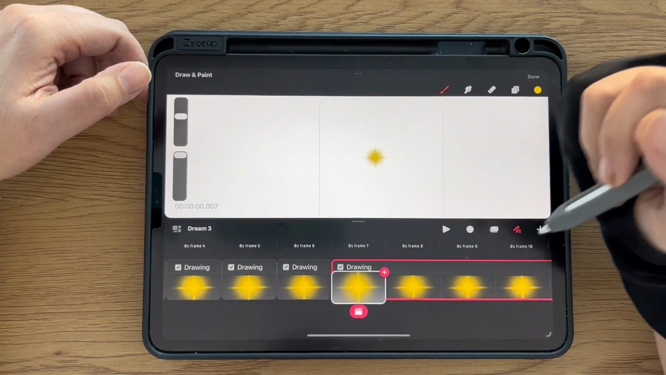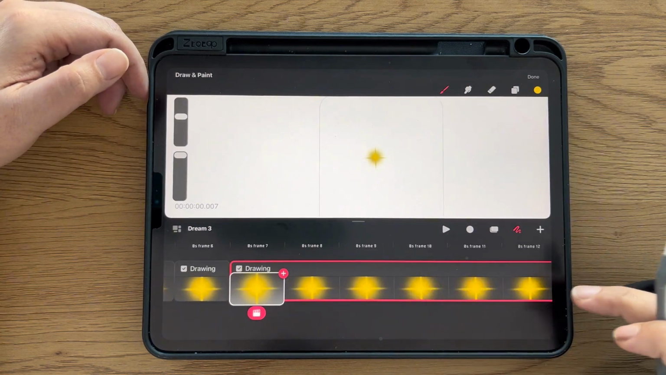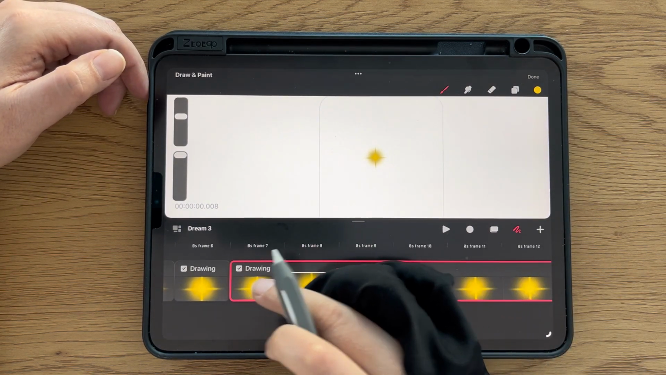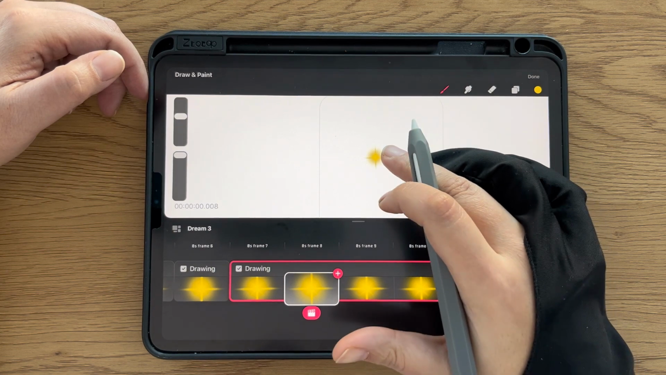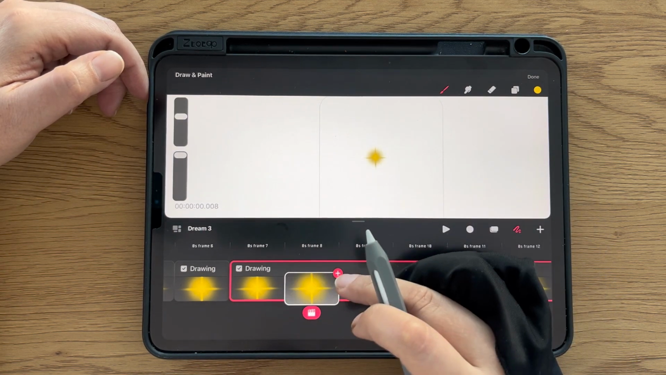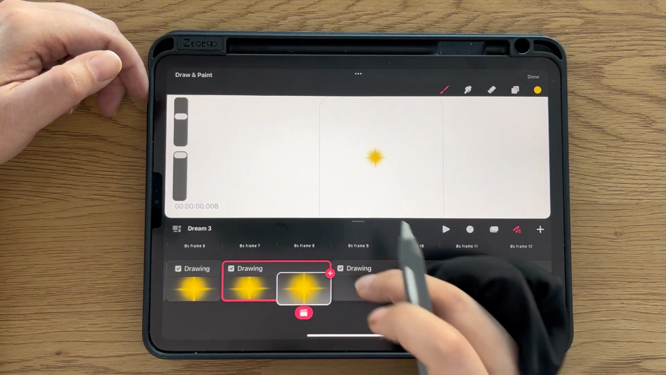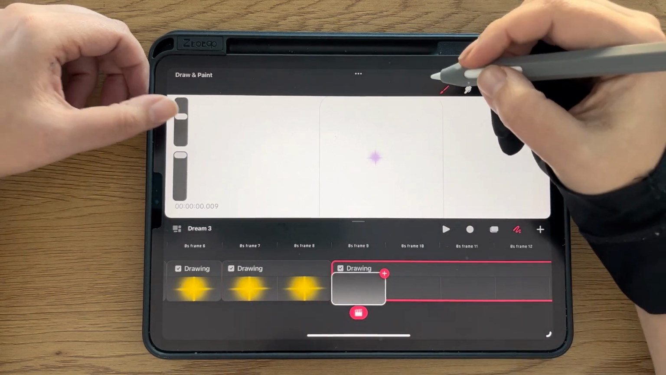And here I want to stop. I don't want it to be here. So I want this spot to be like that for maybe 2 more frames. So I step in the second frame and then click plus. In here,